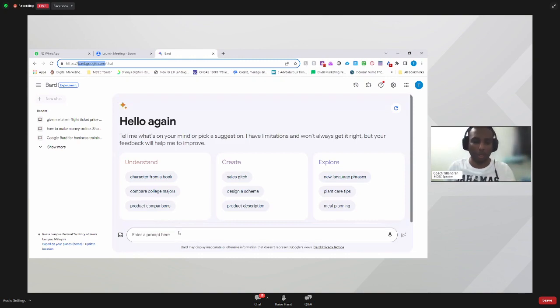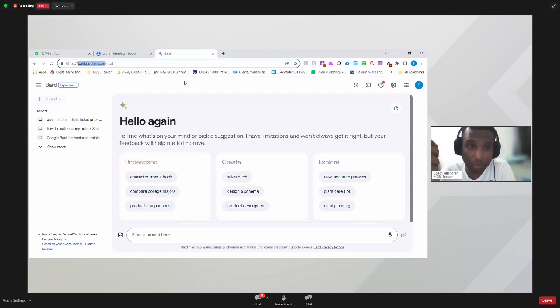Number 2, when you want to use Google Bard, you need to have a Google account. Let me repeat that. In order to use Google Bard, you need to have a Google account. When I say a Google account, maksudnya you kena ada Gmail, with the password, because you will be logging in using your Gmail ID.